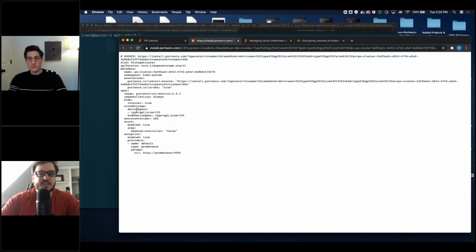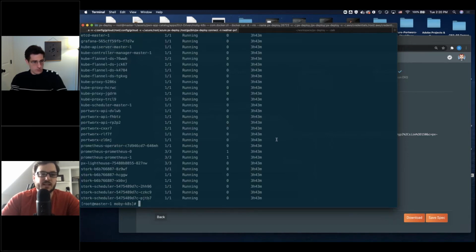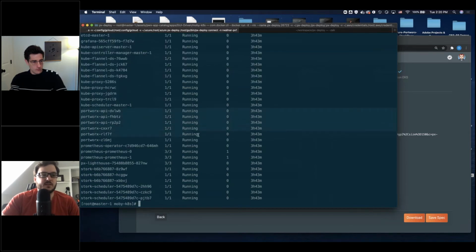But this specifies everything that's going to be installed. And the end game is when you actually run the installation, you will get a Kubernetes deployment of Portworx in the namespace that you desire. I'm using the kube-system namespace. And as you can see here, Portworx will be installed and running. I set up this cluster a while ago, but the point being is that